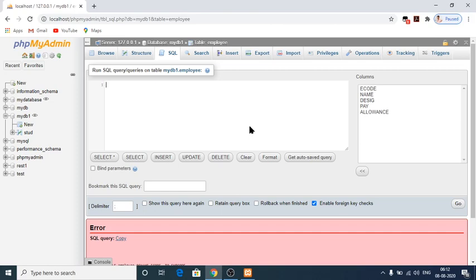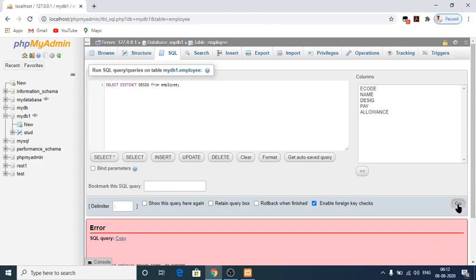So I would like to execute the distinct keyword. Select distinct DESIG from employee. There is no error. Already I have explained the distinct keyword, which is used to avoid duplicates.